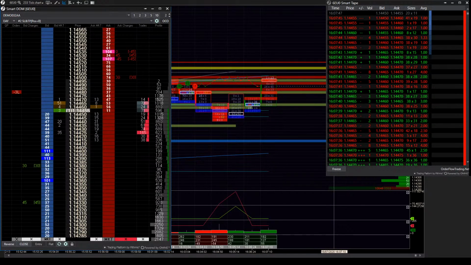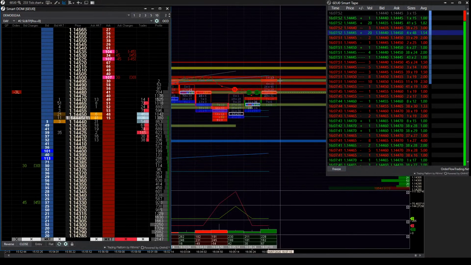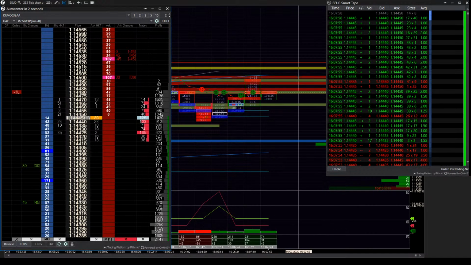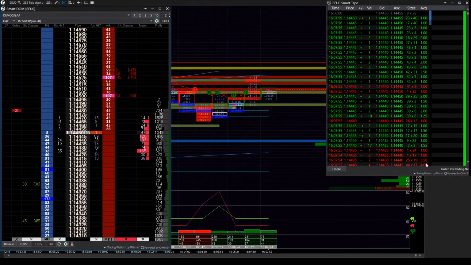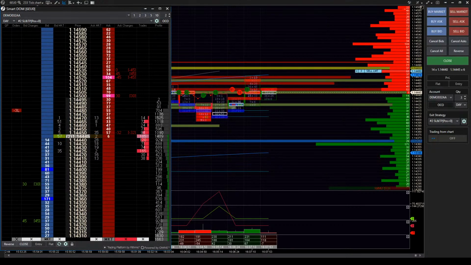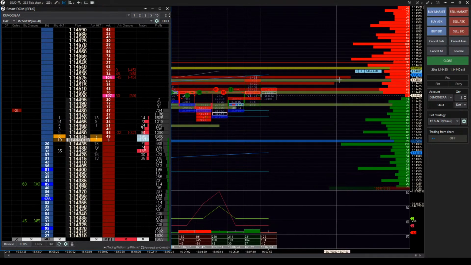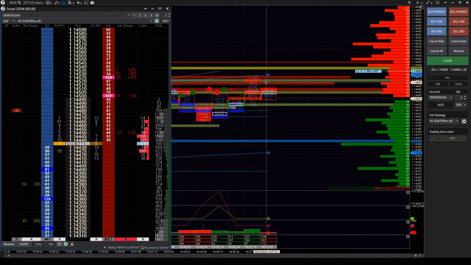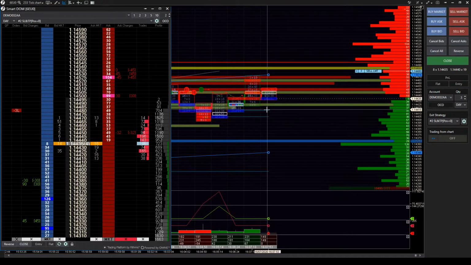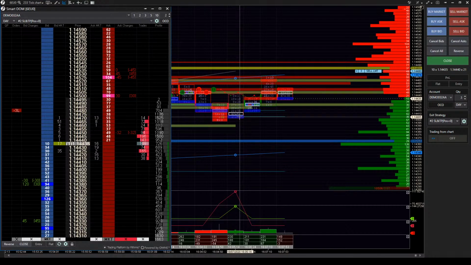I just left the order there, but if I was in a real trade, I would just forget about this one, because price just reached back one tick below my entry again. Let me take the tape out. All right, so you can see here how price again got just one tick away from my entry and pulled back again. You can see a lot of sellers joining in and trying to push the price down, because what we saw before